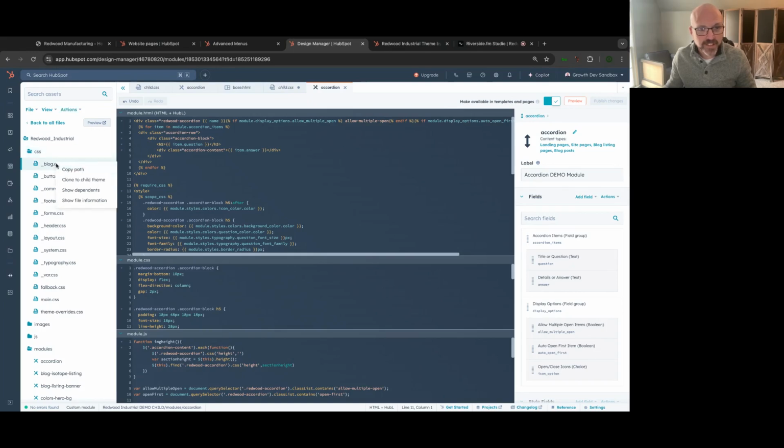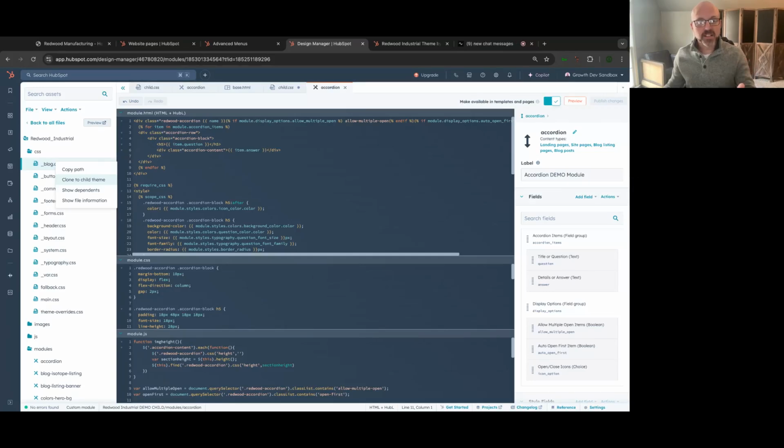Can you? Yes. I can click on this file, clone to child theme, and it will add a CSS folder and this blog CSS file into my child theme. I can do that, and then I can customize it. But if I dump all of these files into my child theme, all the CSS and all the modules, just for the sake of being able to edit them,